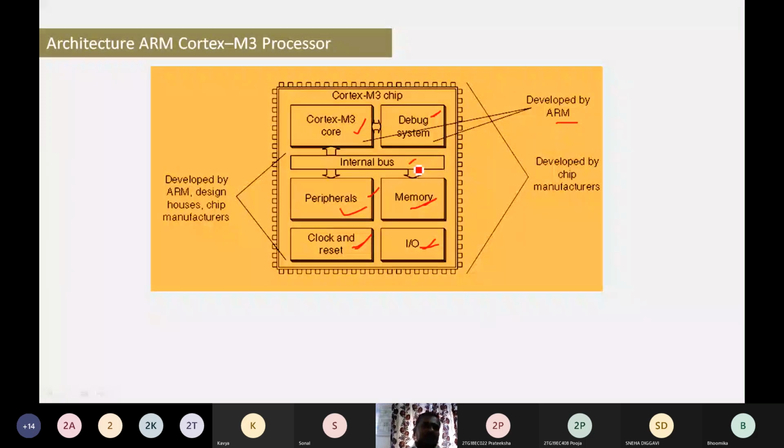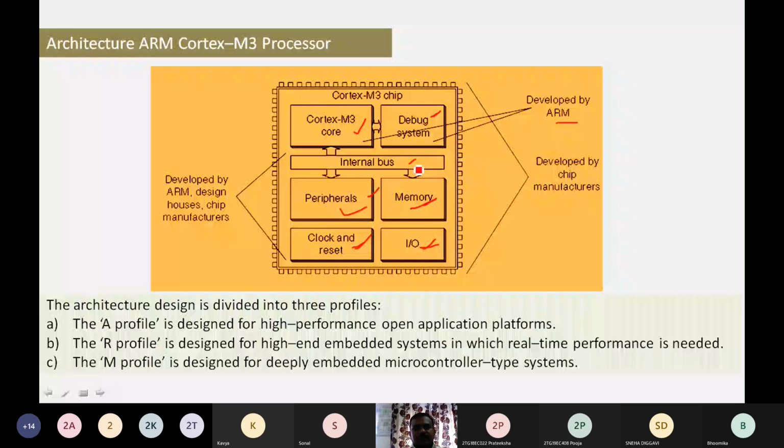And it has profiles. The architecture is divided into sections, and those sections are referred to as profiles. It has the A profile, the R profile, and the M profile. So what is the A profile? The A profile is designed for high performance open application platforms.